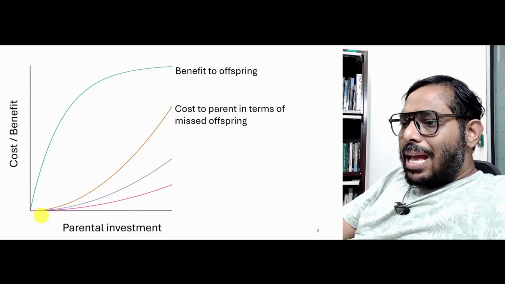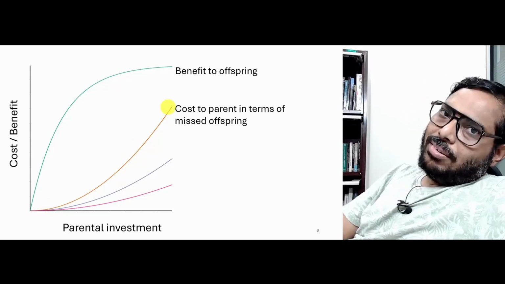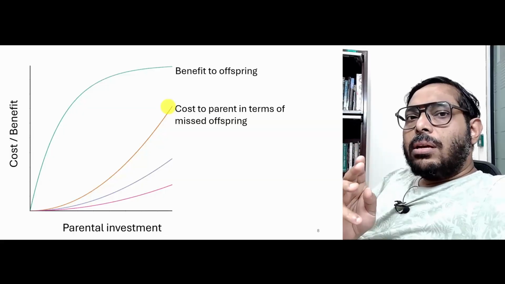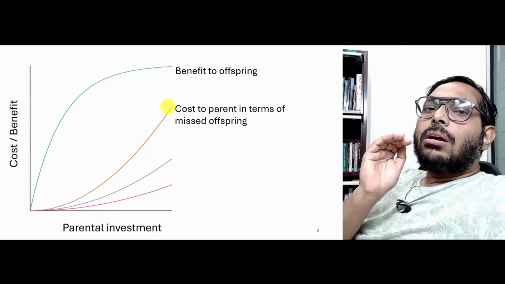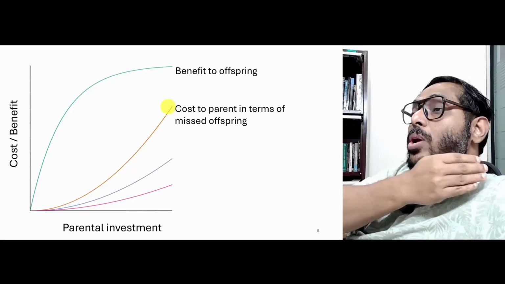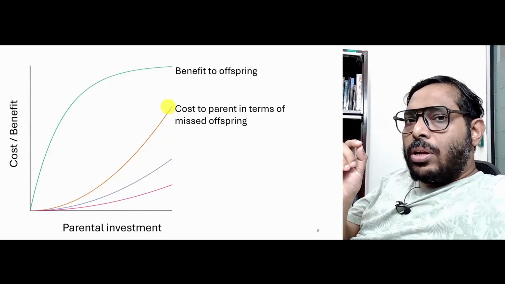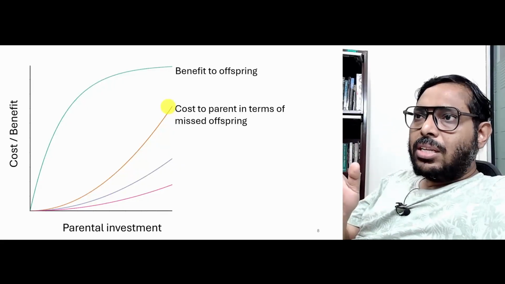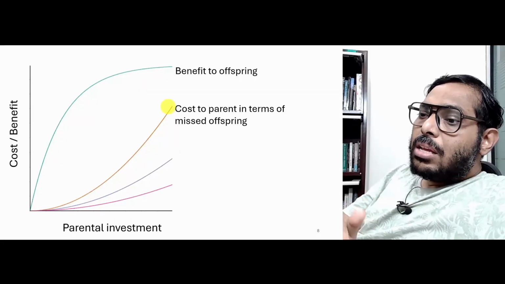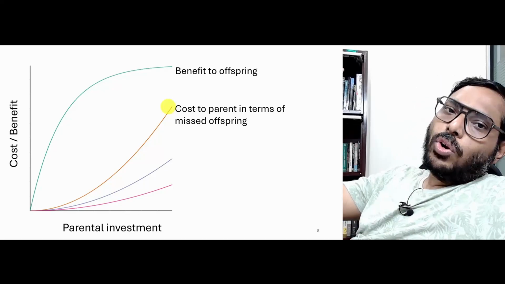Now, obviously, as the parental investment increases, this cost keeps on increasing. Here you have to appreciate one thing: a parent in a diploid case is always related to its offspring by half. R is equal to half. So, it is related to all its offspring by the same amount. Therefore, genetically speaking, in terms of relatedness, all offspring are the same for the parent, and hence the cost to the parent keeps on increasing monotonically, right.